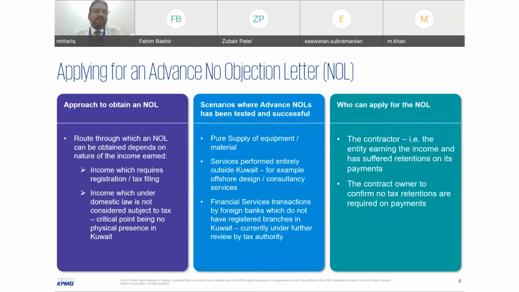Yeah, I agree with you, Zubair, because law is very clear. Law does not specifically provide details of it should be applied on pure supply or services. The law clearly says all transactions. So I agree with you, Zubair. This is really important to understand. But tax authorities, they are giving for the pure supply, this is easy to obtain, especially where the ex-works terms are in the purchase orders or in the contract. That is more easy to obtain a no objection letter in advance.